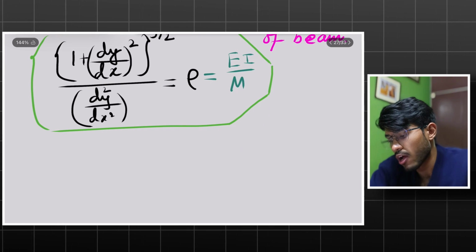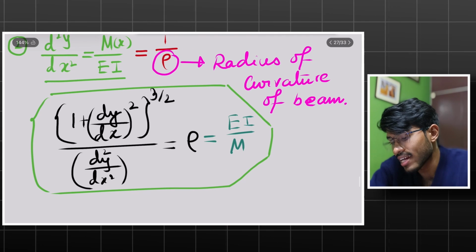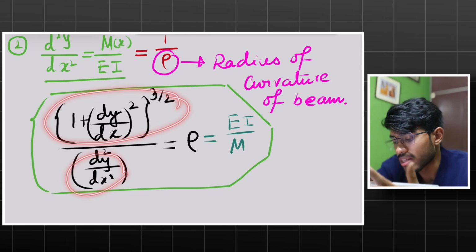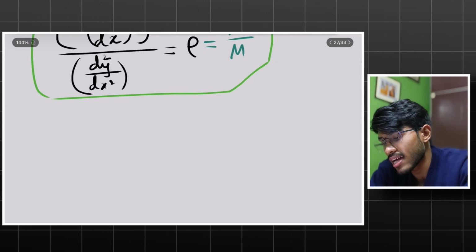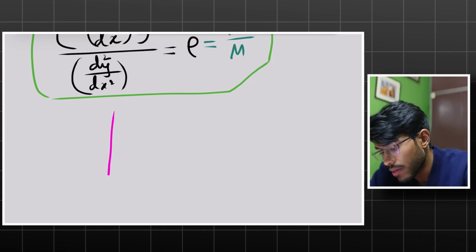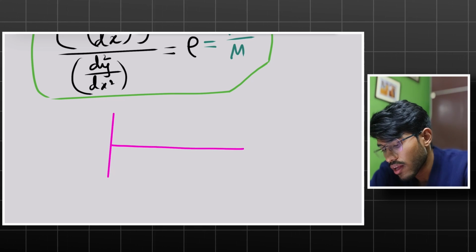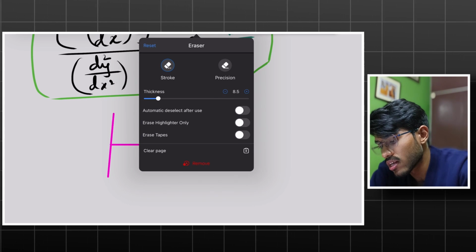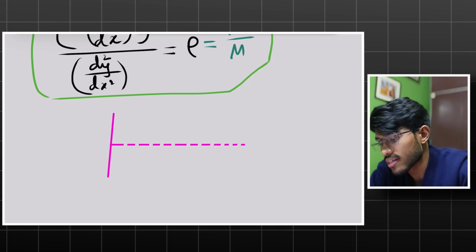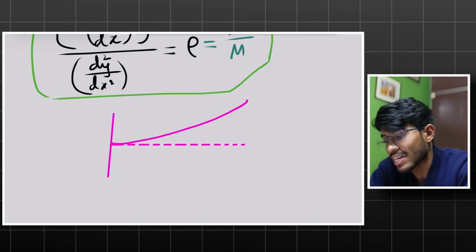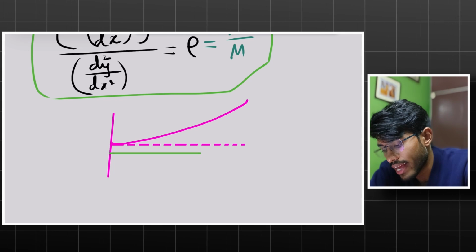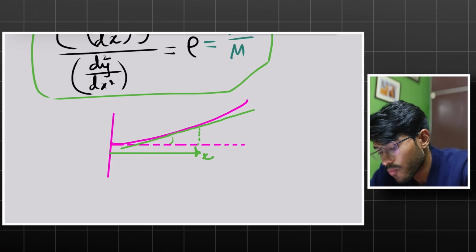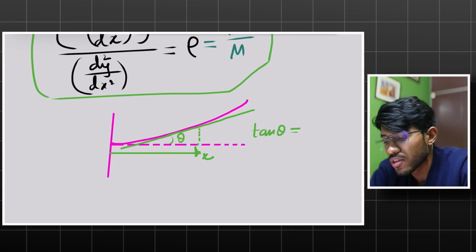Now, if this is the actual formula, then how can we get that m by EI is equal to this? So what happened to this whole term? The thing is that consider that this is the beam. This is the undeformed beam, and I will show it through a dotted line. Undeformed beam here, and this is the deformed shape. Now at any x, if this is the x direction, this is the tangent, then this is the slope theta. So tan theta will be dy